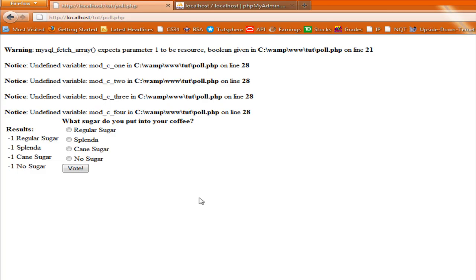Great tutorials. Today I'm going to show you how to make a PHP survey, poll style, test style questionnaire. Ignore these errors here because I just deleted the database so that we could recreate it in this tutorial. But this is the general structure that we're going to be getting. We're going to have the question, then the 4 answers, a vote button, and then the results off to